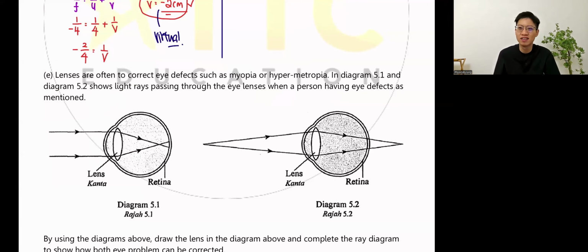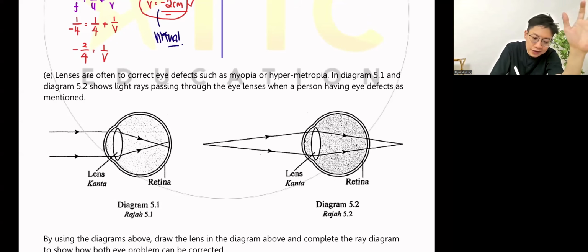Every time playing phone. 5.1 or 5.2? Which one is short-sightedness? Which one is your eye? It's because of playing phone too much. Okay, the answer is